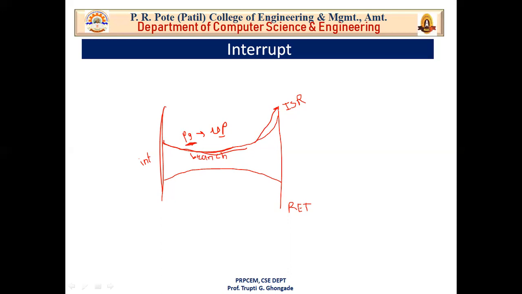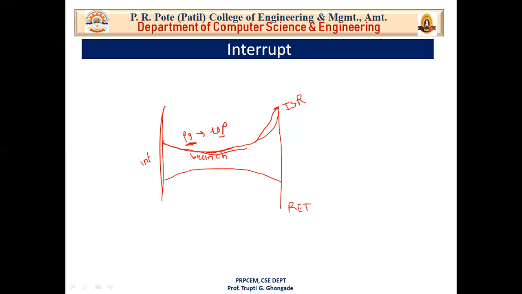Then the processor executes the ISR and the problem is solved. Now, should the processor stop here? No. It has to come back to your program. Now what should it do? Should it come back to restart the program or to resume the program? Resume the program. From the same instruction or the next instruction? Your processor will start from the next instruction.